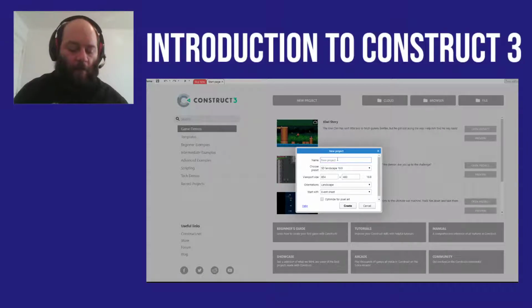Let's call this Platformer, or My First Platformer. There we go, that's a good name. And we're going to change its viewport size to 1920 by 1080. We want to have it be landscape. That should be right. So we're going to create it,